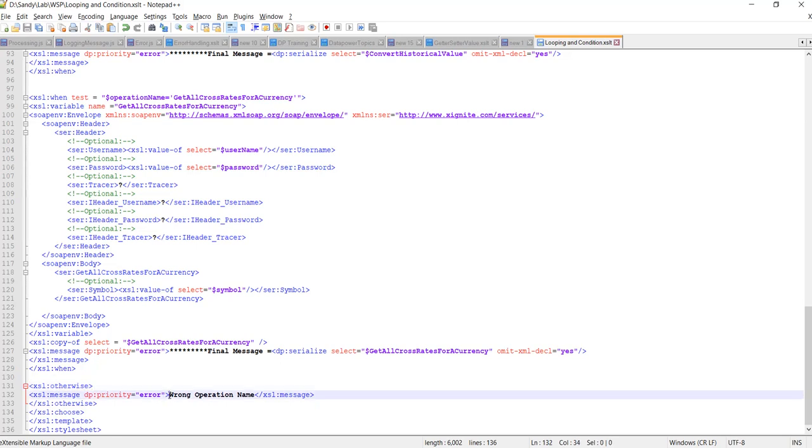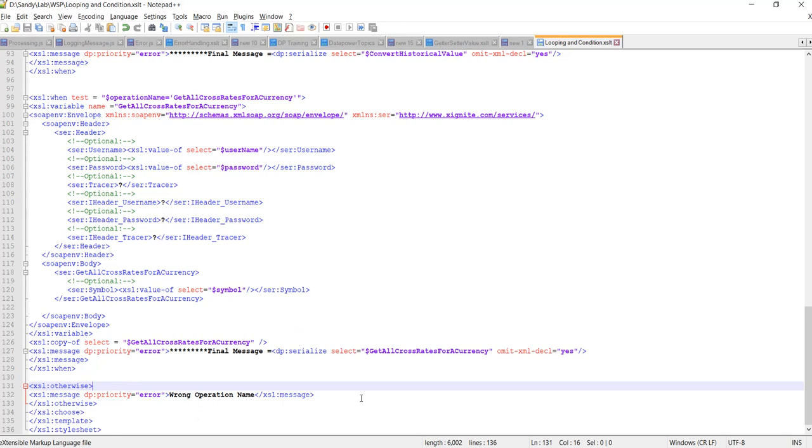I am just printing a wrong operation name, but here you can do any customization of the request message, depending on your use case. If you want to return a valid response, you can mention it here so that the source system gets the correct response. But here I am just printing the value into the logs.